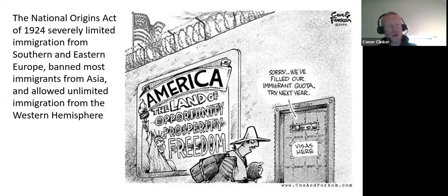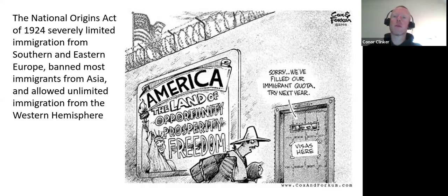National Origins Act of 1924, a very timely issue. Immigration. It is a contentious issue now. That's not new. This has always been a contentious issue because this country has always been a country of immigrants. So there's always going to be this debate in this country. How many immigrants should be let in? From what countries? And for what reasons? How many? That's an important question. What country of origin, countries, plural, are we going to prioritize?